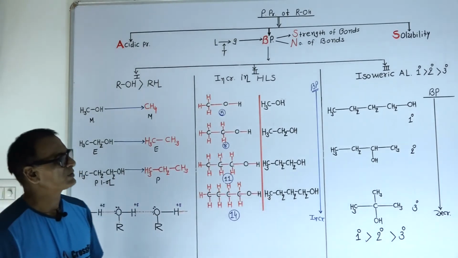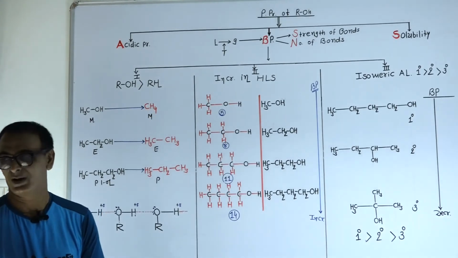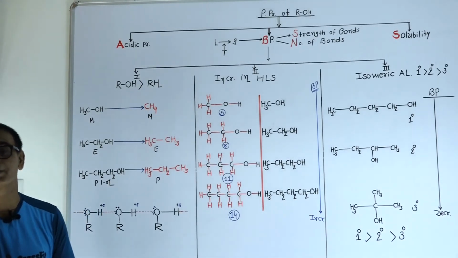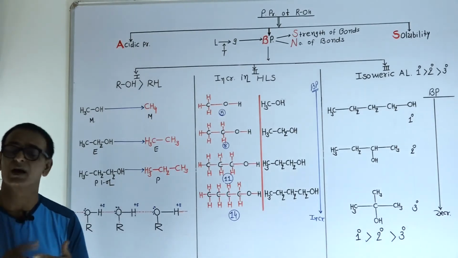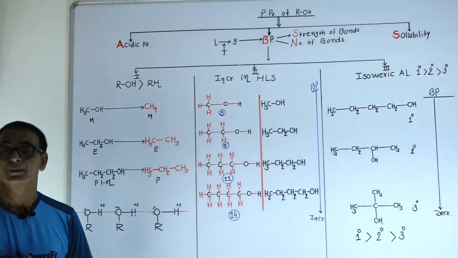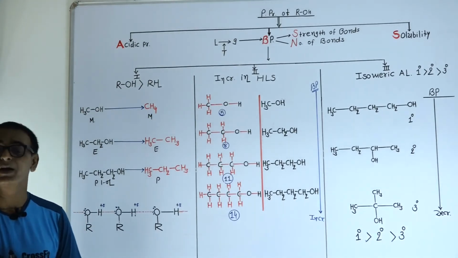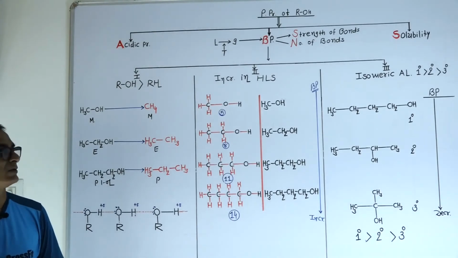Now, third case, in case of isomeric alcohol. Isomeric alcohol means alcohol compounds in which the numbers of carbon, hydrogen and oxygen atoms are equal. That means organic compounds having the same molecular formula but different structural formula. They show different types of properties. Suppose